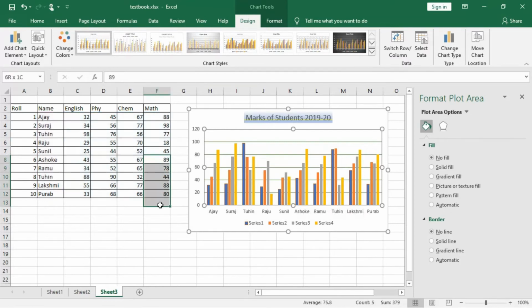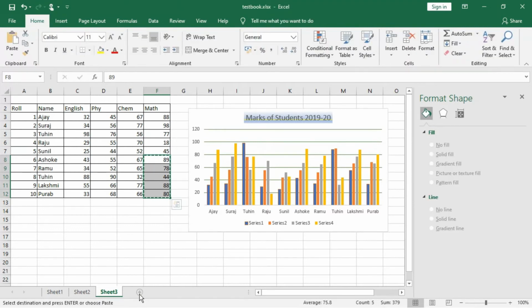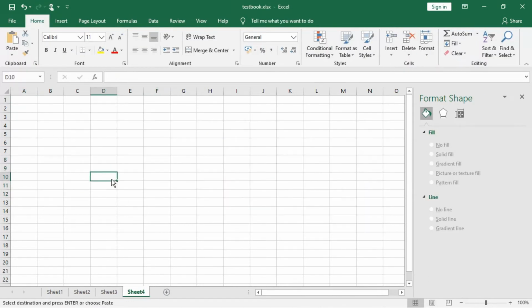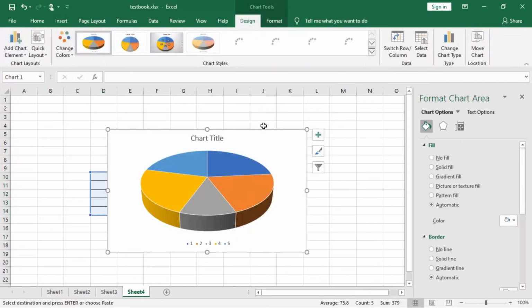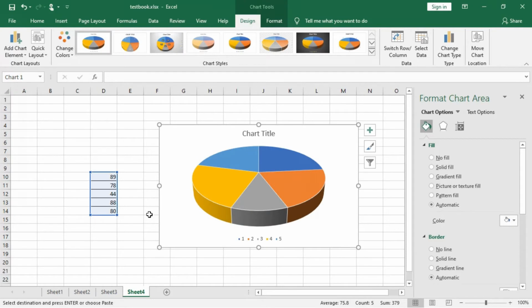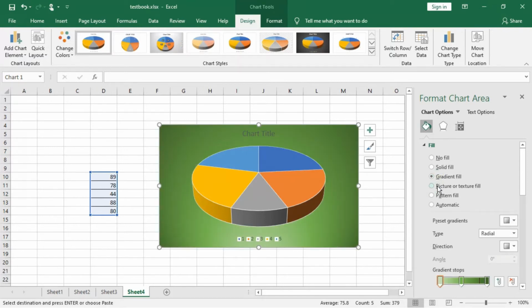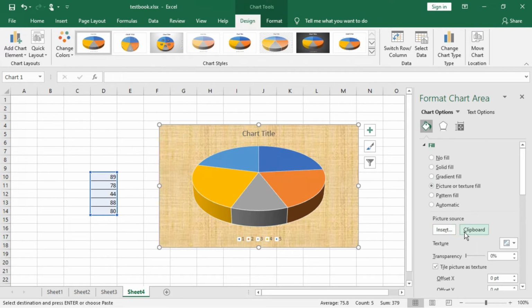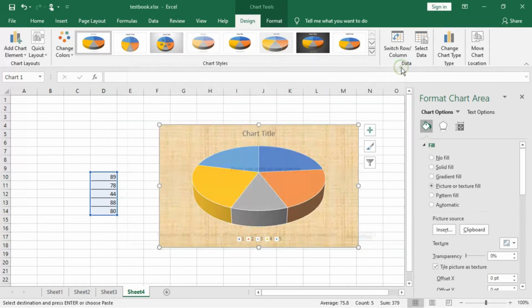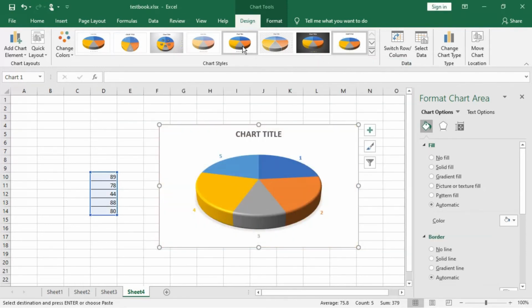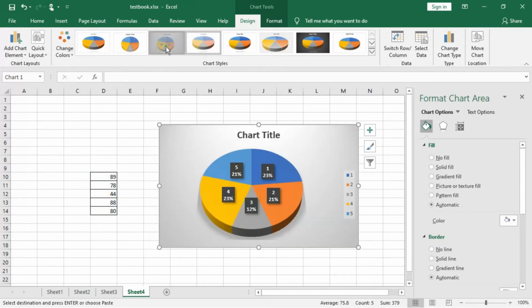Okay, some portion I'm just copying from here. I want to show you something else. Okay, now I'm going over there and copying this data out here. So I'm going over here again inside the chart, and then I'm showing you the pie charts out here. This is the pie chart that has been formed on a single series. The main basic disadvantage is that you have to do it in single series data. Fine. So if you want, you can also do the gradient fill and all. Okay, picture or texture fill. If you have some picture or texture, you can insert the picture also from some picture source if you have. Okay, and from here you can choose the different style of pie charts and all. So this is also another type of graph.